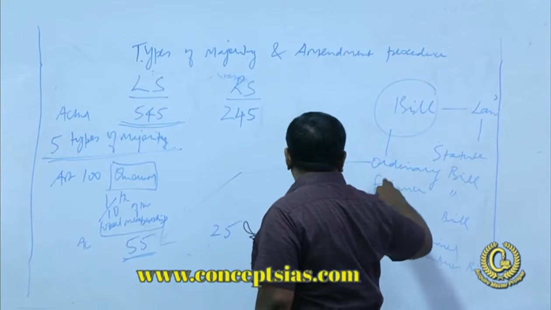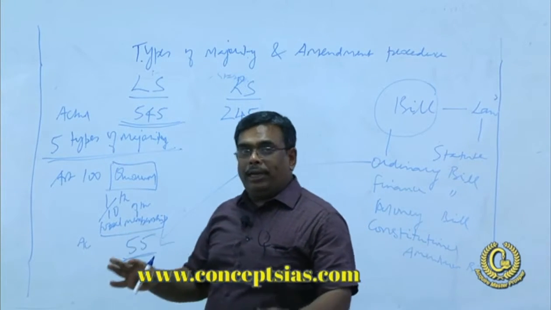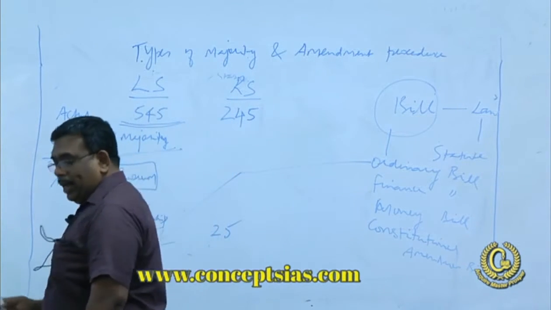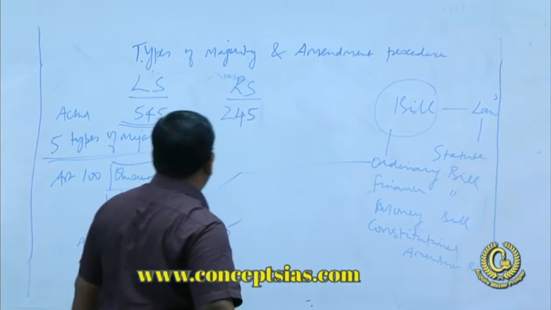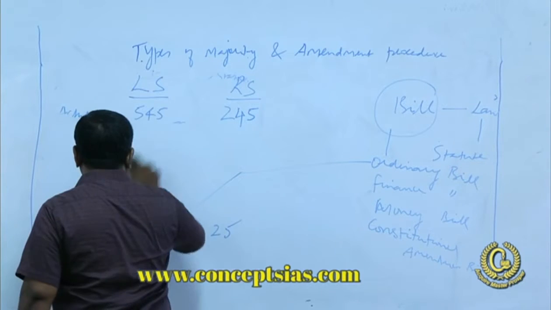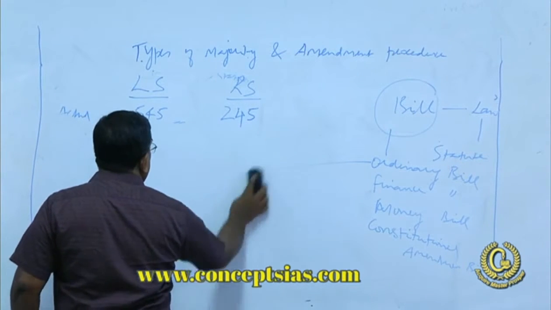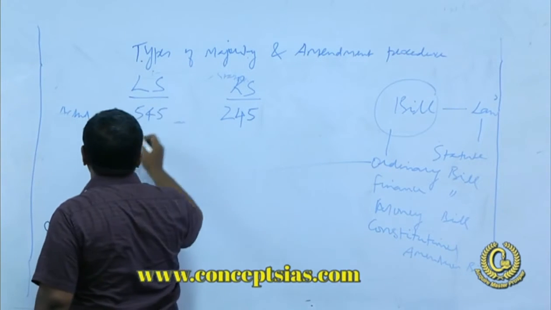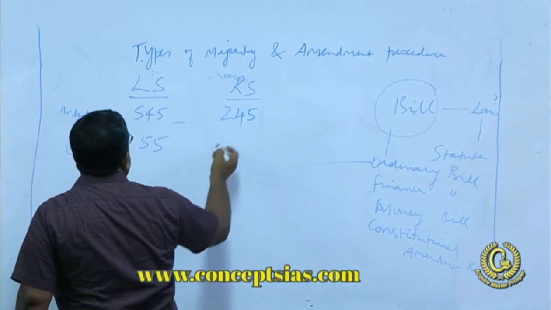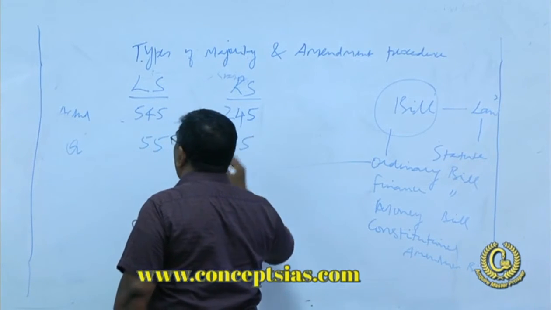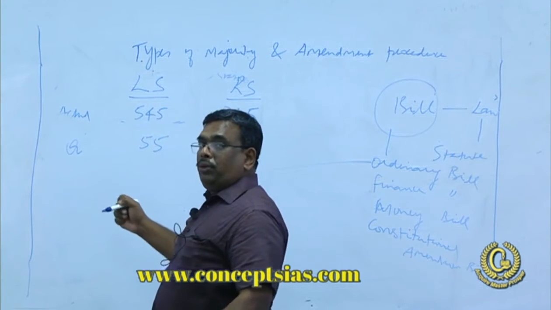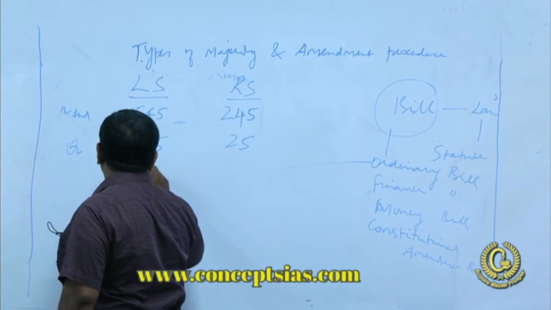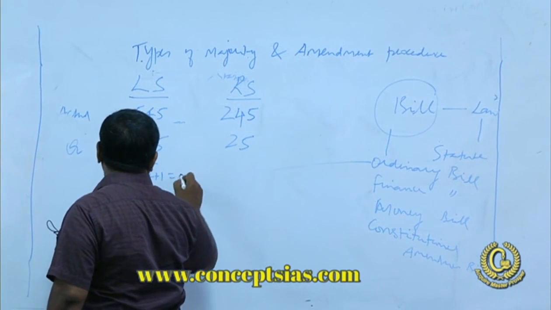And with regard to ordinary bill, the majority required is simple majority. So, for the ordinary bill to get passed in the Lok Sabha and in the Rajya Sabha, you take the quorum as the strength required, and the quorum with regard to Lok Sabha is 55, and for Rajya Sabha it is 25. In the quorum, if you apply simple majority, it works out to, say, 55 by 2 plus 1, which comes to